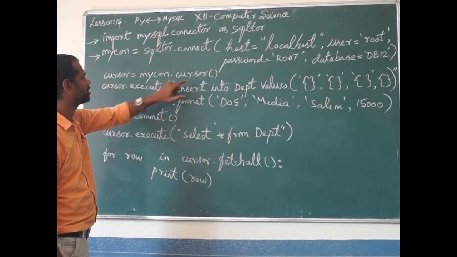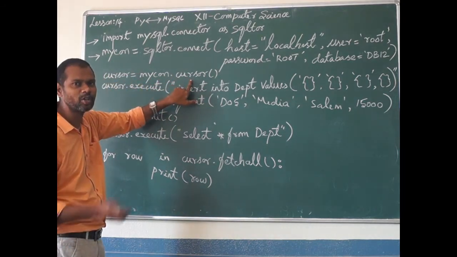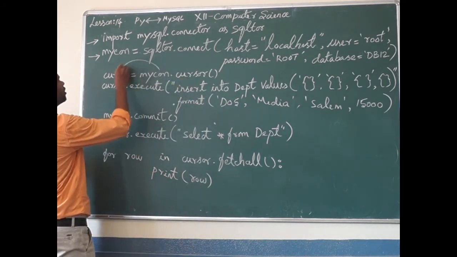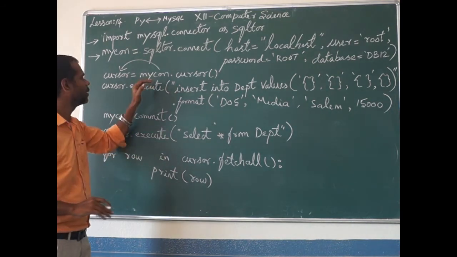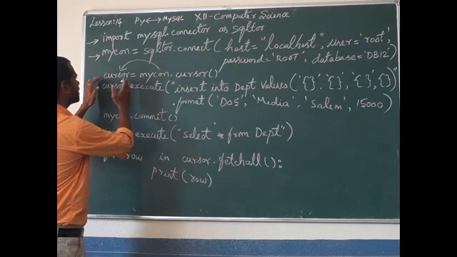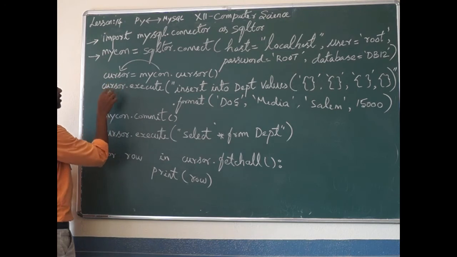So instead of select I am typing cursor. This mycon.cursor is equal to select. So this power we are transferring to cursor. Very simple. Mycon.cursor is long; the shortest form of this is cursor. Clear? Okay. Fine.